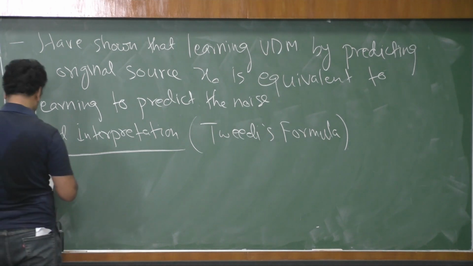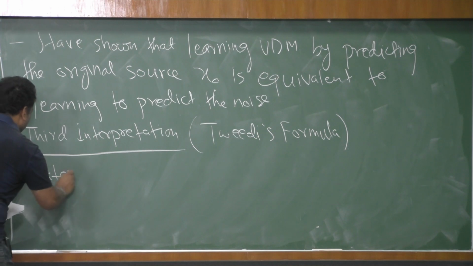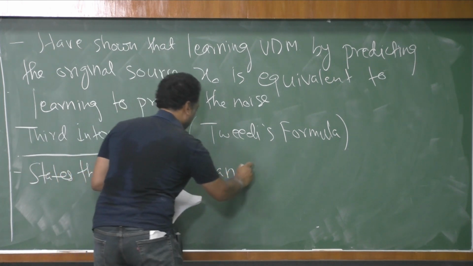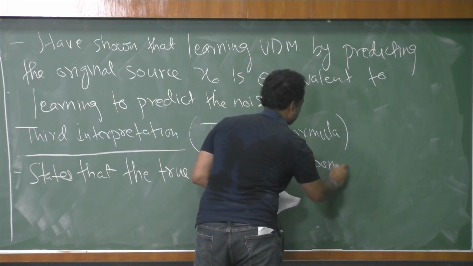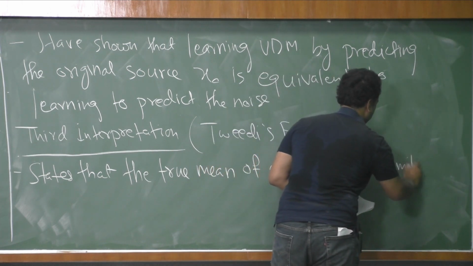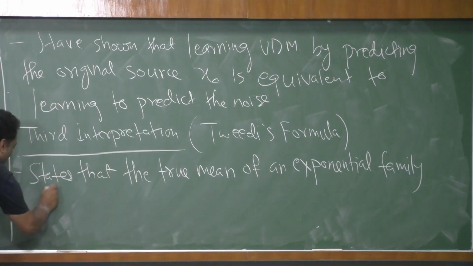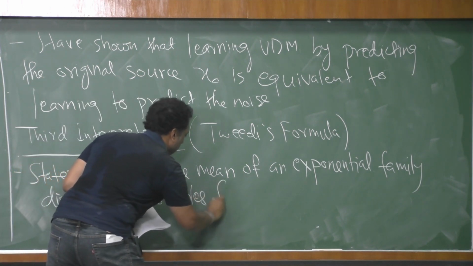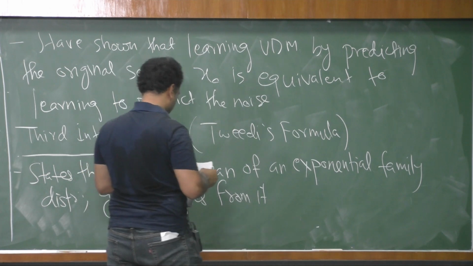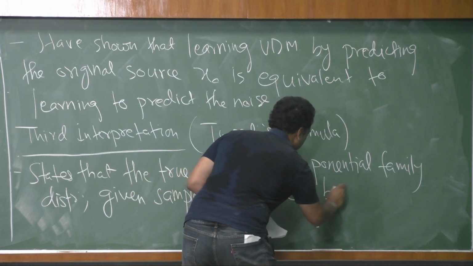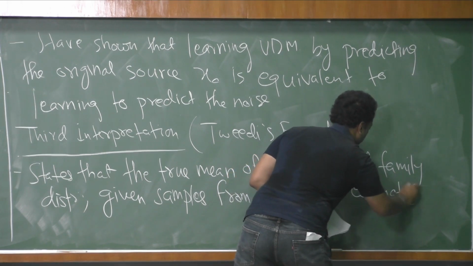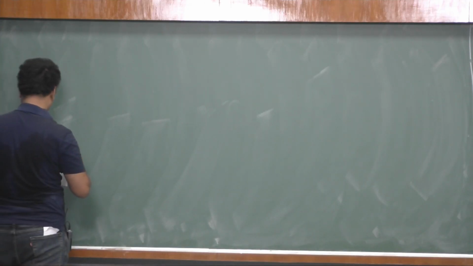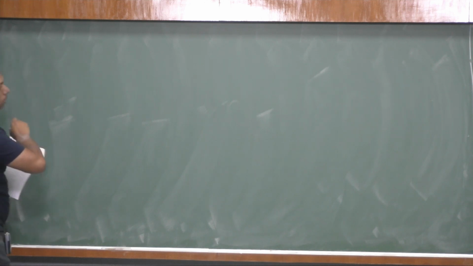So what this formula states is that the true mean of an exponential family distribution, given samples from it, can be estimated by the maximum likelihood estimate